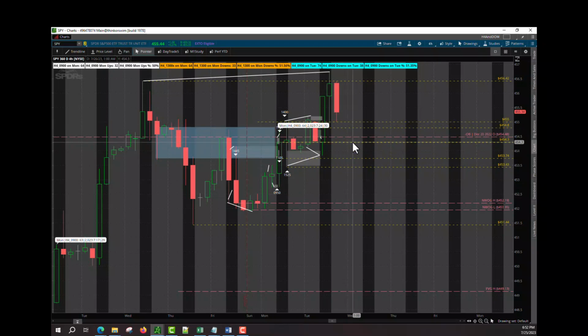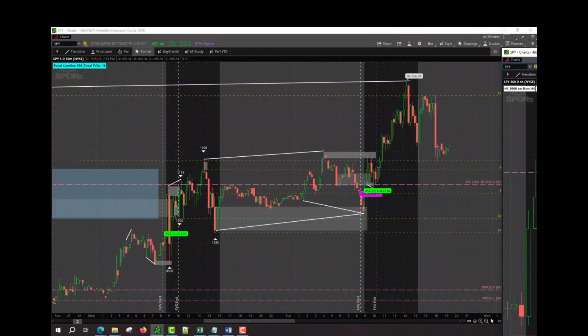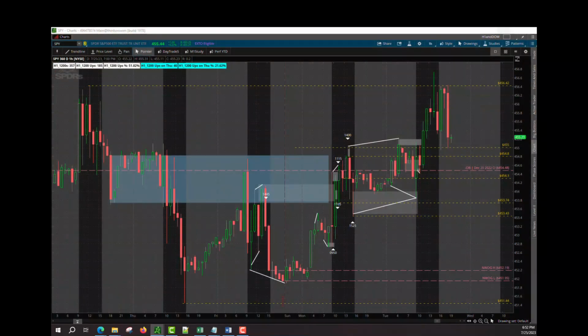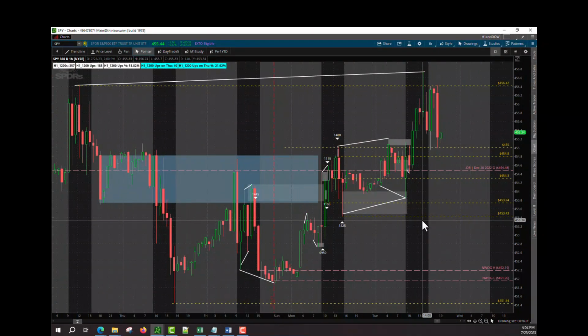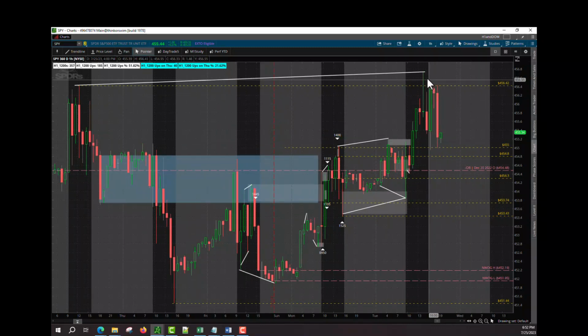So let's come up with some scenario around here. Let's look at the 1 hour time frame. Here's the 1 hour time frame. Does it give us some idea? After it takes the buy side liquidity, if it continues the trend,